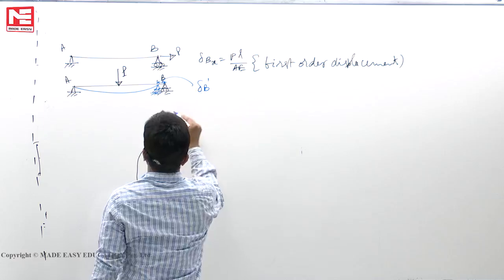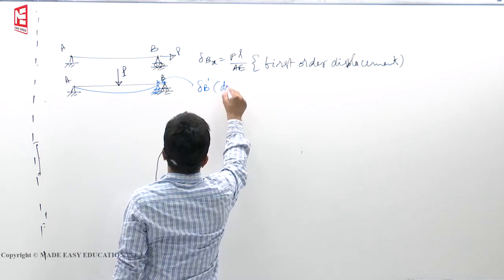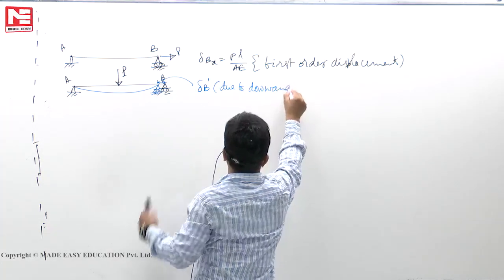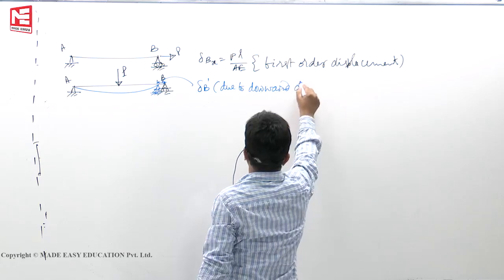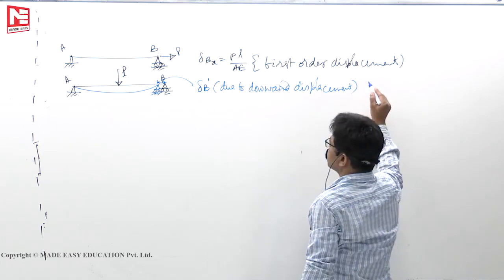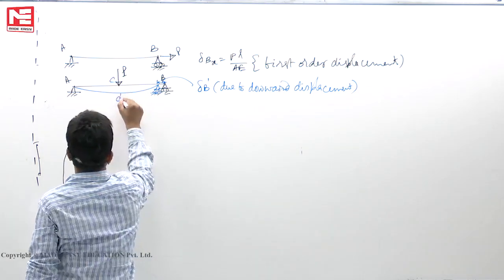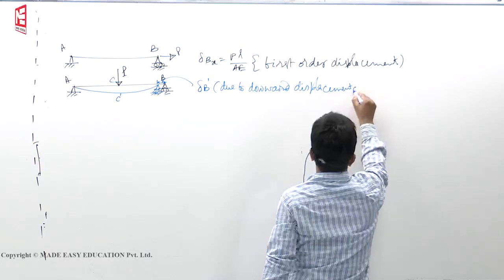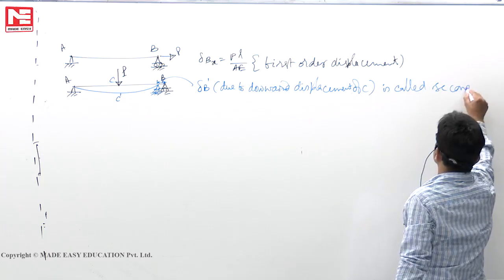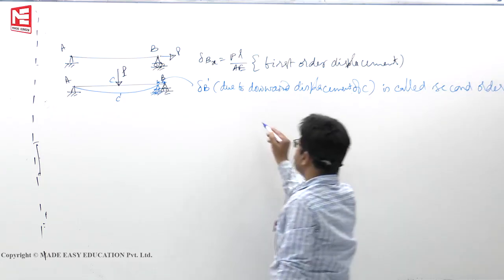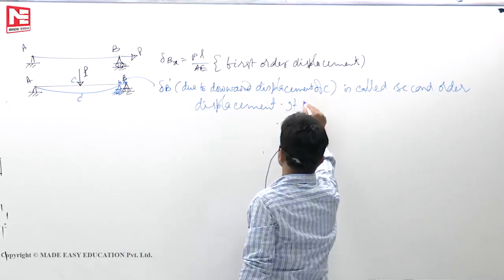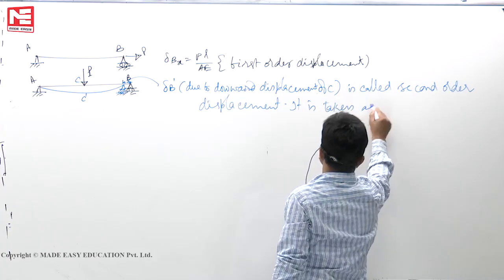This is delta B dash due to downward displacement. This point, let us say C, C comes to C dash due to downward displacement of C, is called second order displacement. It is taken as 0